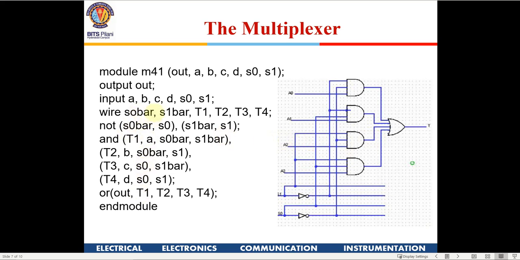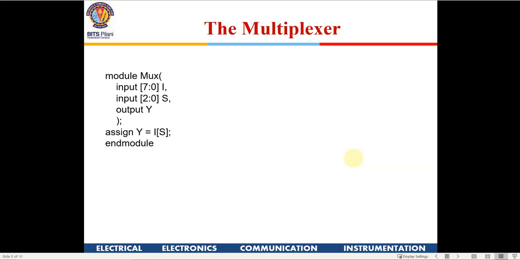So in case of any doubt, you could call me up. But it is a simple direct implementation of this gate. Now, what you are going to do for your lab exercise is make a MUX module, and very simple. This is the simplest way a MUX can be implemented.